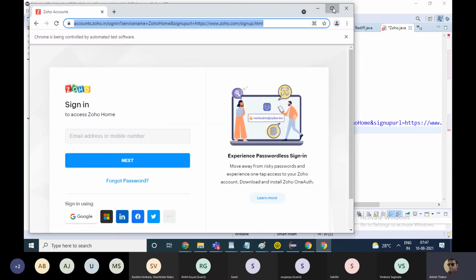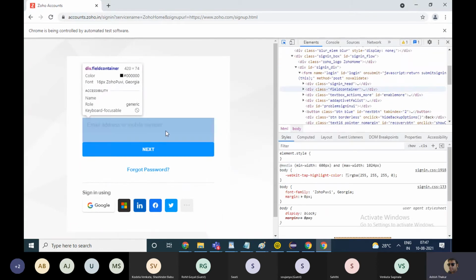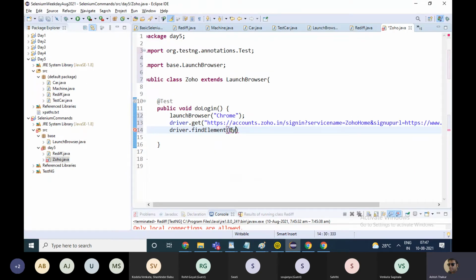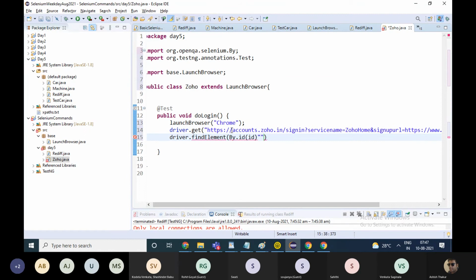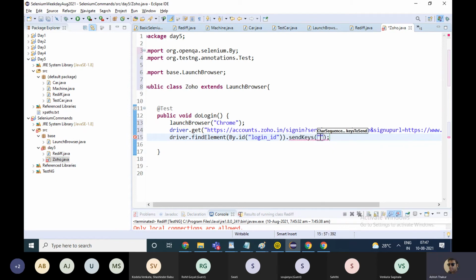Now this is the username field. Suppose you have to type in this username field. So the ID is login ID. Fine. So you can write over here by the ID, this login ID, dot send keys.